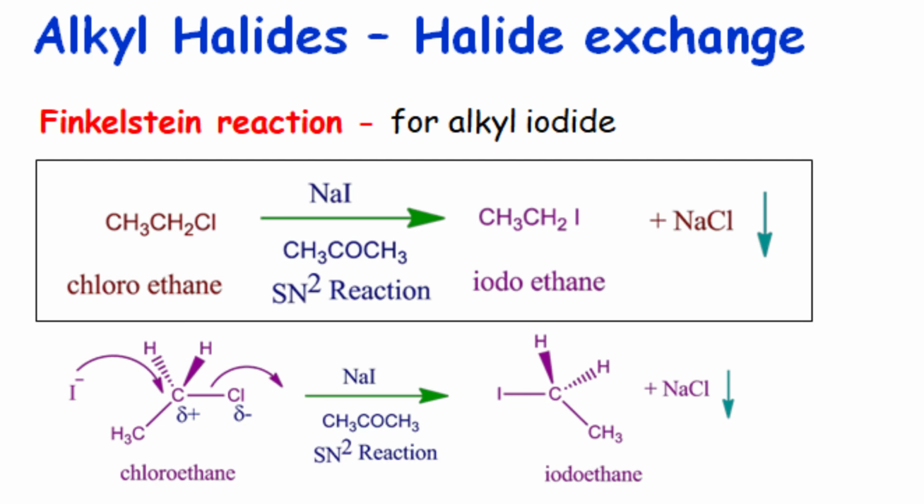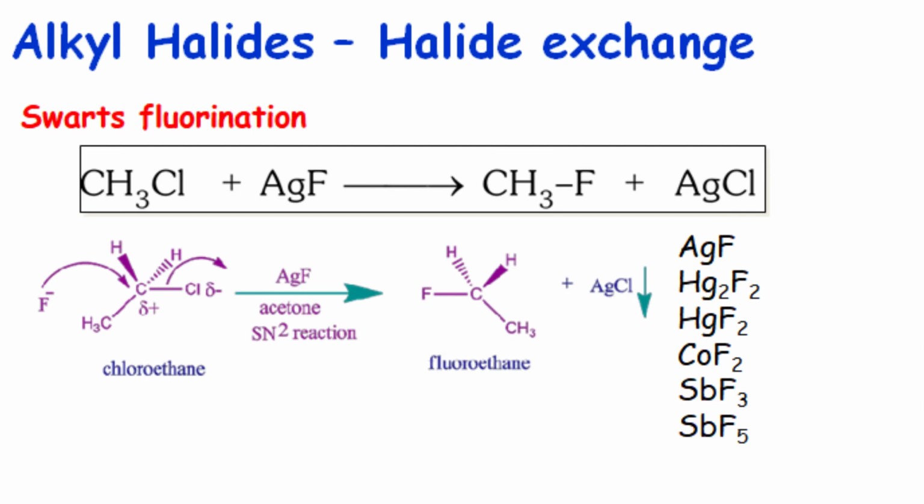Now if you see here, this is a substitution reaction where I minus is going to attack the carbon and Cl is going to go away. It's an SN2 reaction. When it comes to fluorination, we can use a different reaction called Swarts reaction, where an alkyl chloride is treated with a metal fluoride, and these are the metal fluorides that are possible that we can use. You are going to replace your chloride with fluoride. Straightforward reaction. This is also an SN2 reaction. Very simple because you don't see any other metal fluorides in any other reaction in organic chemistry in your syllabus, so you cannot confuse that it's a Swarts reaction.